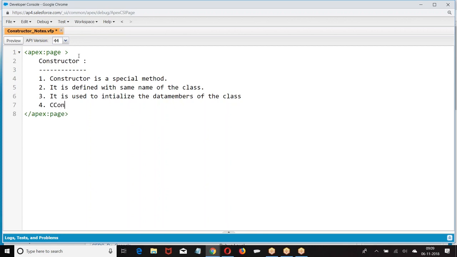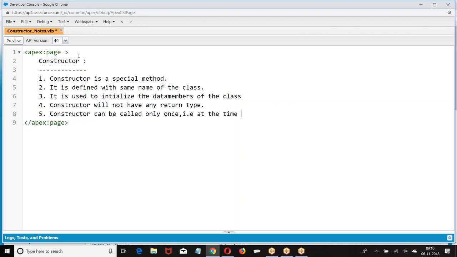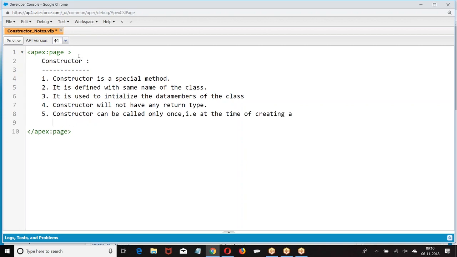Constructor will not have any return type. Constructor can be called only once, that is at the time of creating an object.